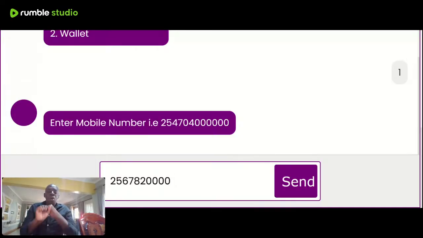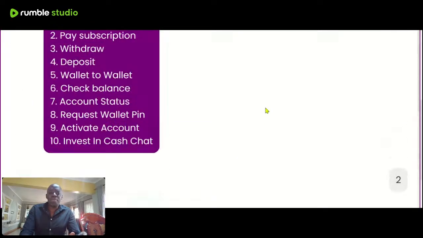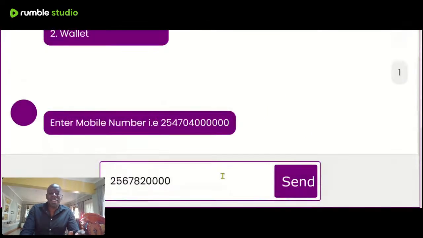You will also qualify to apply to join the management team, people that are going to be moderating, running adverts, creating content and all that. So you also qualify to apply. You also qualify to apply to be among the mobile money agents. So those are the multiple benefits that you will access after